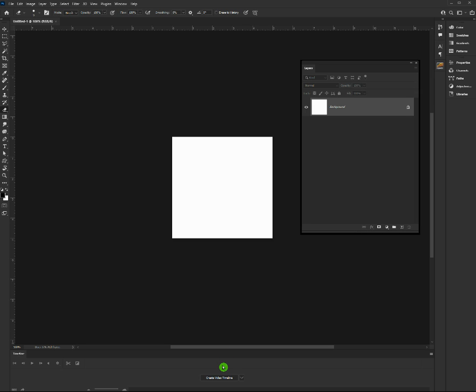Okay, so we are going to work with what we call timeline animation. And we are going to make sure that when we drop down here from our menu option in the middle of the timeline, that we have Create Video Timeline selected instead of Create Frame Animation. Frame animation is what you did previously, where it had the little boxes, and timeline animation is what we're going